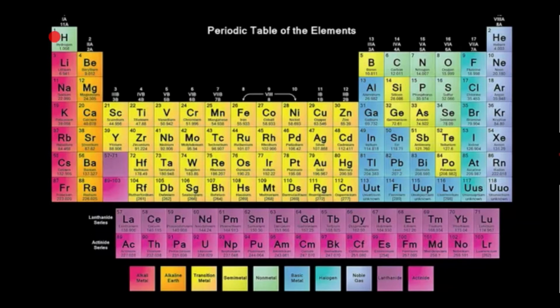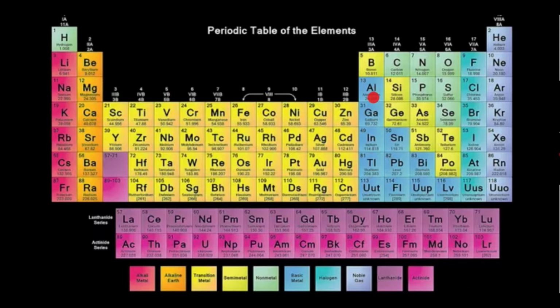The first period contains 2 elements, that is hydrogen and helium. The second period starts from lithium and ends at neon. Now the third period starts from sodium. If we see the valence shell electronic configuration of sodium, it is similar to lithium. Sodium has 1 electron in its valence shell, likewise lithium. Similarly, the valence shell electronic configuration of magnesium is similar to beryllium. Both have 2 electrons in their valence shell.